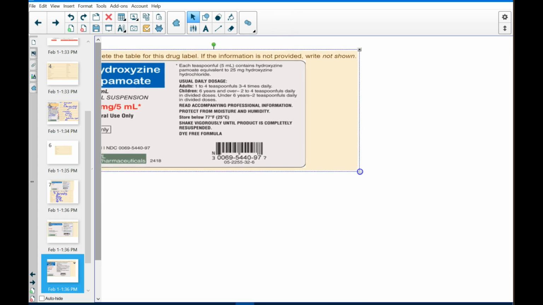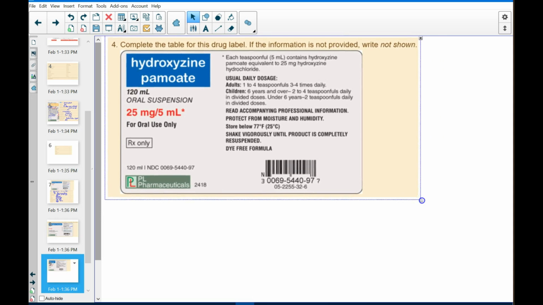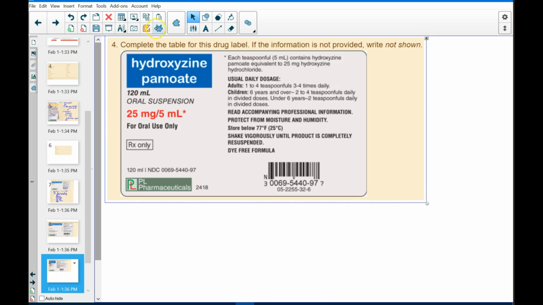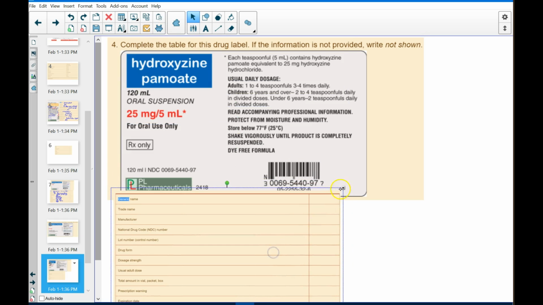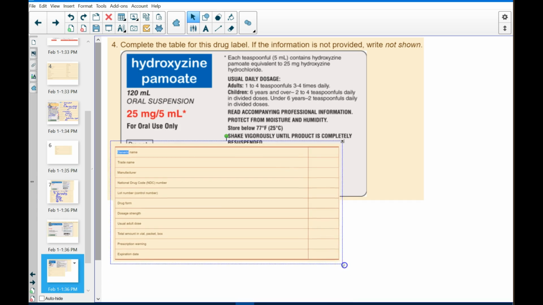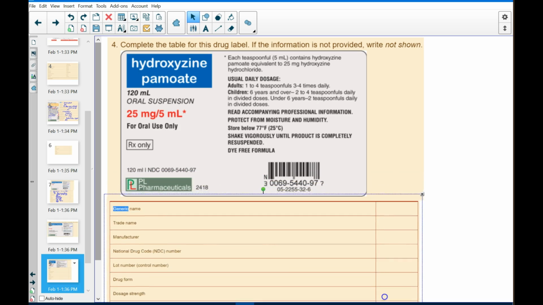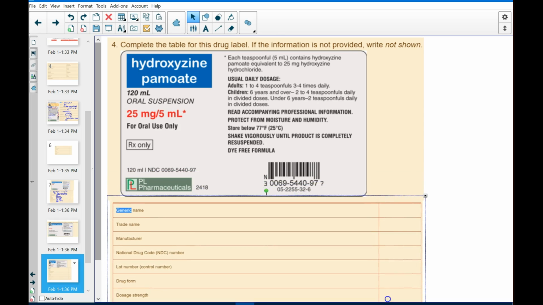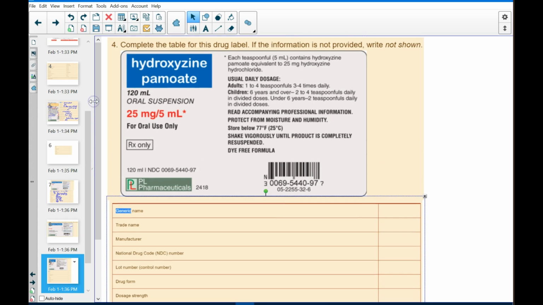Do it the hard way. There we go. So let's put this back in here, turn the bottom. And let's have a look at this one here. So look for the generic name again. And the generic name for this one would be